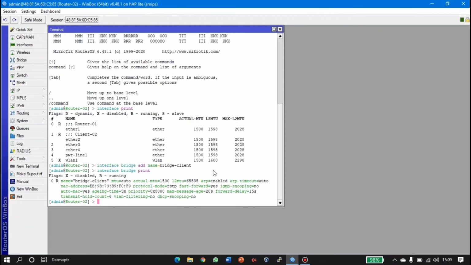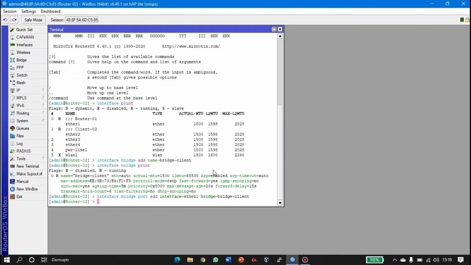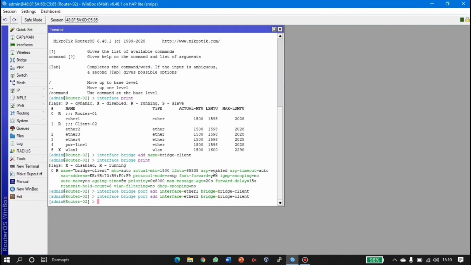And then we add ports to the interface bridge with the command interface bridge port add interface. First interface ether1, bridge is bridge client and enter, and do interface ether2 with the same command, enter.